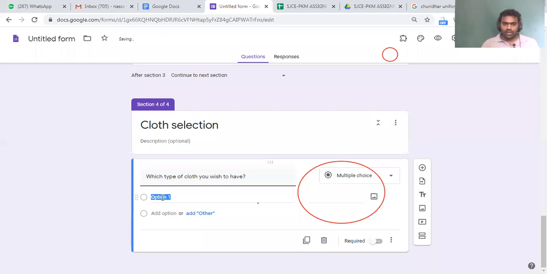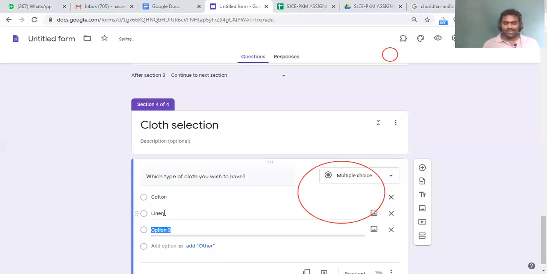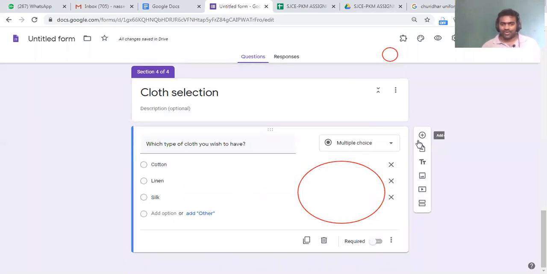Okay. Now here I can add cotton, linen. Yeah, you see, we are making really a survey form, right? In a collaborative way. Silk. So this is the greatness if we are collaborating. So cloth selection is done.